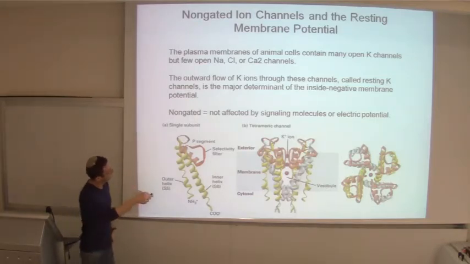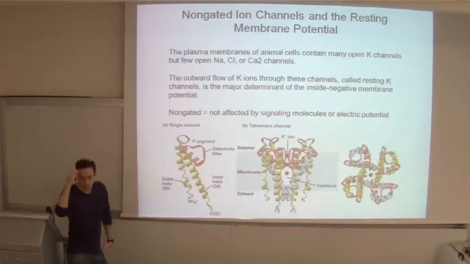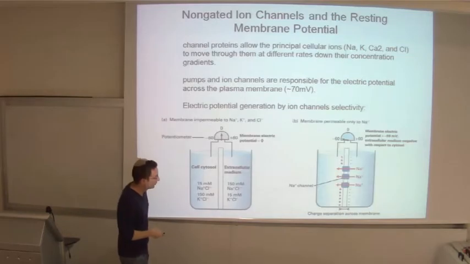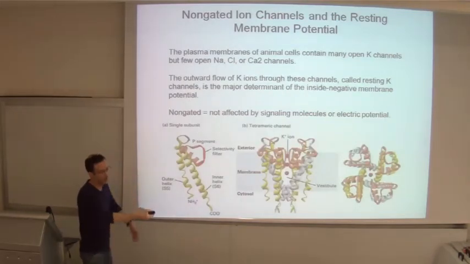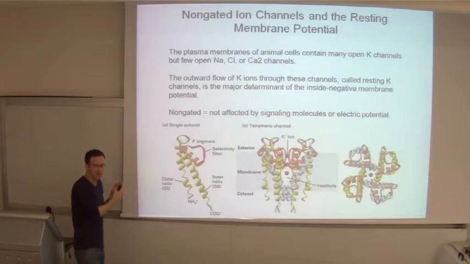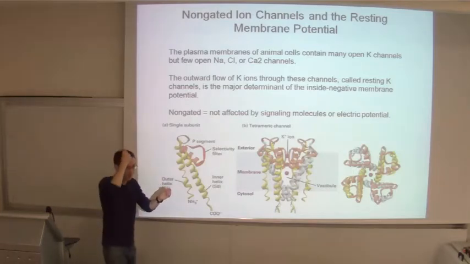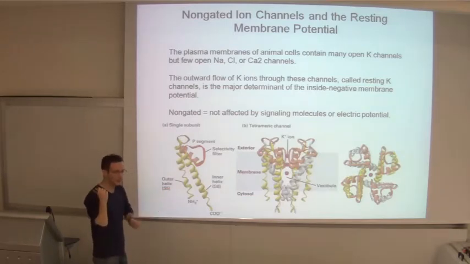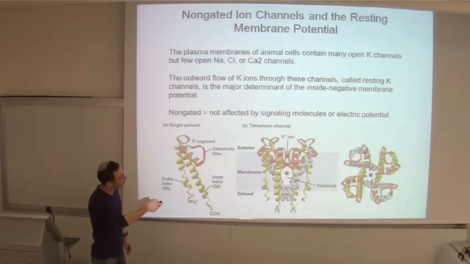The plasma membrane of animal cells contains just a few passive channels for these ions, but mainly a lot of passive channels for potassium. And because potassium has high concentration inside the cell, and you put a lot of passive channels in the plasma membrane, they leave the cell, leave a delta charge inside the cell, so you get a negative charge for all cells. Simply because mostly the passive channels that sit in the plasma membrane are for potassium, and not for the other